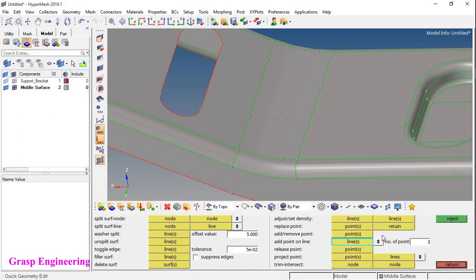Okay, now this is basically to create respective points, and these are useful similarly when you have a mesh and you want to split that with the help of points, then you can use this respective option. And this is furthermore to release the respective points, whatever the points you have created, then these points are released with the help of this respective option. And the next one, let's reject this.